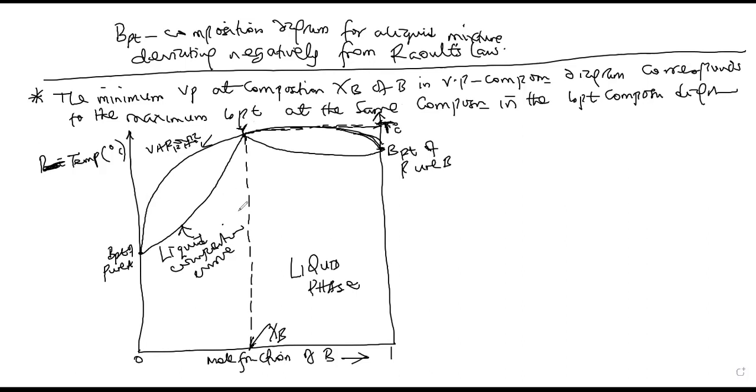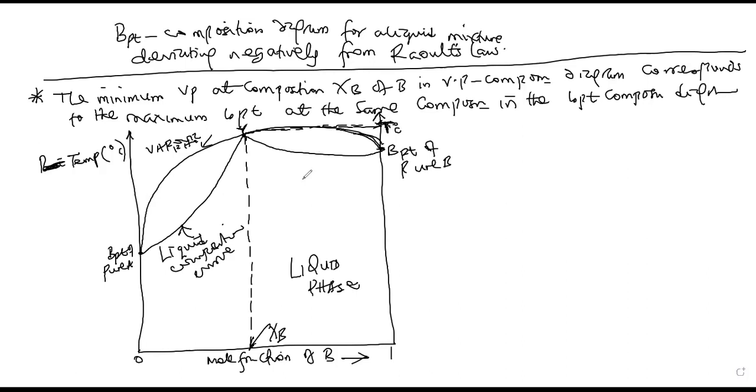where the composition of the liquid mixture is XB, and the mixture boils at constant temperature T degrees Celsius. Similarly, addition of A to B results into an increase in boiling point up to Y. All right. Or up to composition XB of B, where the mixture boils at constant boiling point or boils at constant maximum temperature T degrees Celsius, showing that addition of one component to another results into formation of stronger intermolecular